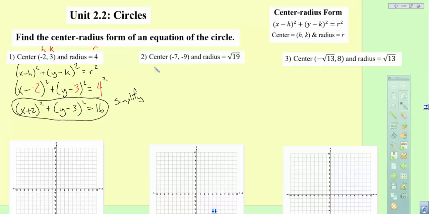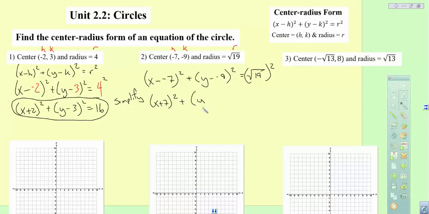So same thing here. This is going to be my h, this is going to be my k, and that's my r. So instead of writing out the whole entire equation, we know what it is now. So we'll just say x minus negative 7 quantity squared plus y minus negative 9 quantity squared is equal to the square root of 19 squared. We simplify. 2 negatives make a positive, so this becomes x plus 7 squared plus